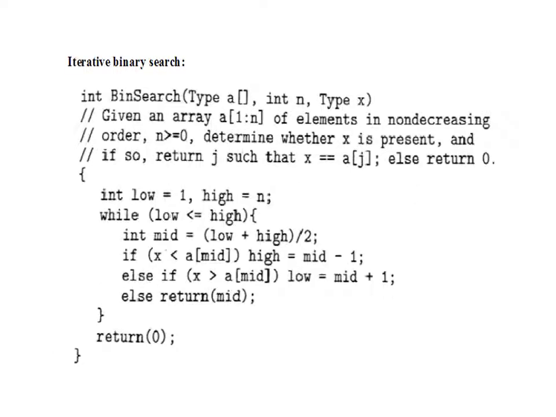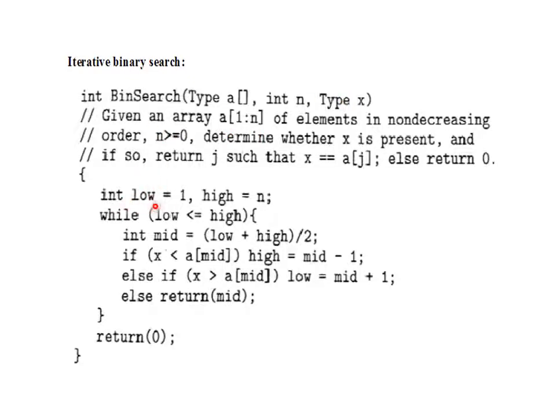Now, in the same way we can also write an iterative binary search, that is a non-recursive algorithm. The idea is the same. Now you see the iterative binary search algorithm. It returns an integer because it returns the index value, or it may be 0, which is also an integer. If the search succeeds, it returns the index value from low to high, and otherwise it returns 0. The function name and type are the same, n is the number of items, and x.